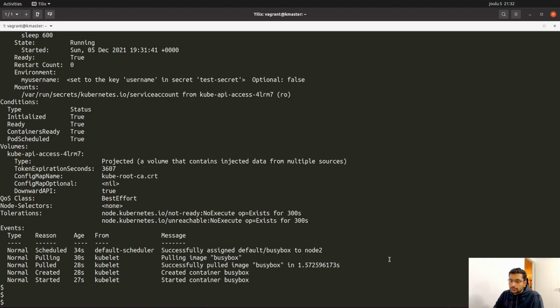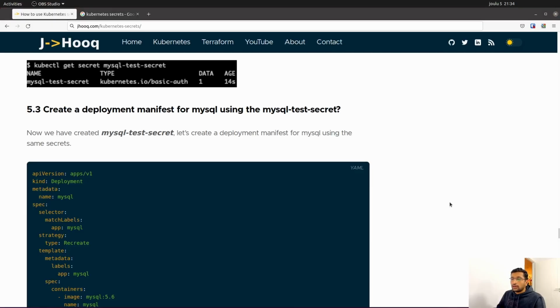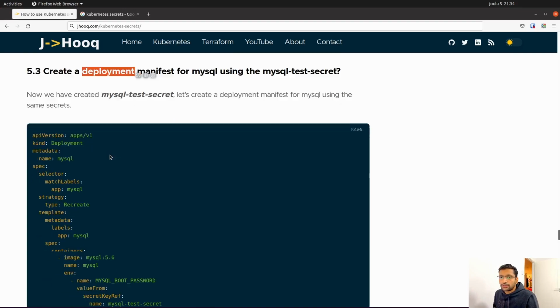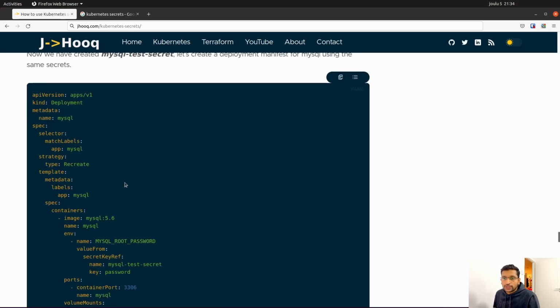Now we can delete this pod by using the command kubectl delete pod busybox, and that is going to delete our busybox pod. Now we have seen how to use your test secret inside your pod configuration. So I would like to show one more example where we are going to create a deployment configuration, and this time we are going to deploy a MySql container. So we are going to deploy a MySql database, and we are going to use the username and password secrets